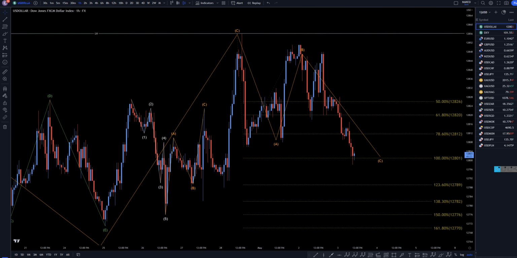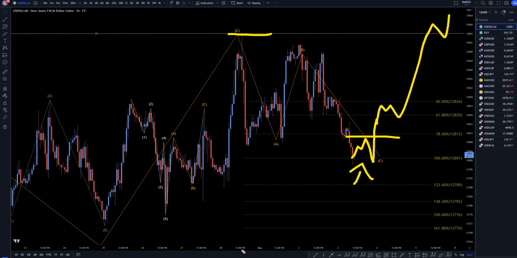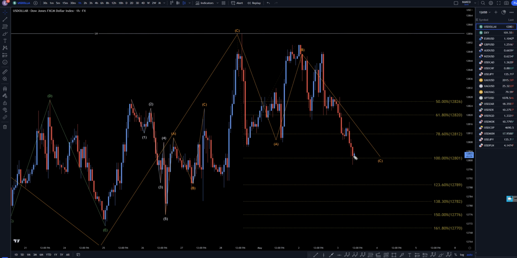So like I said, we have big news coming out today, and if this ends up breaking structure to the upside, maybe doing something like this, breaking structure, I would say that that is very likely to be an end of a correction, and we're very likely to go up and probably break structure to the upside. On the other hand, if the news is about to come out and this looks more like a correction, then I would say that the news is actually going to cause this to keep going down, and this is not an ABC, but it's actually a 1, 2, and wave 3.